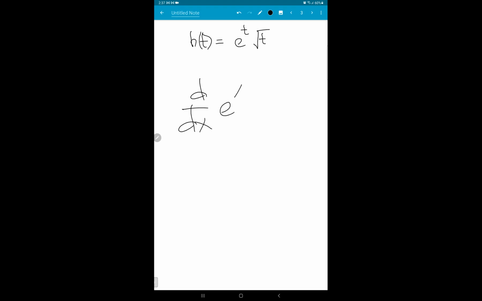It's the only function whose derivative is itself. Of course, multiples. Like if you differentiate,